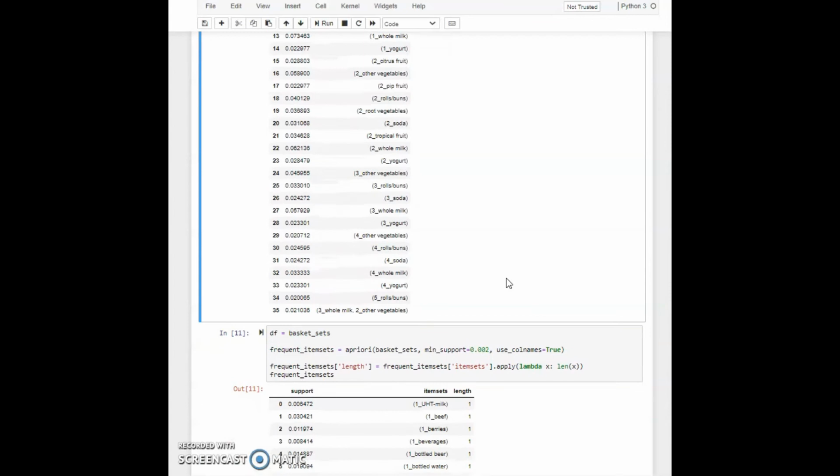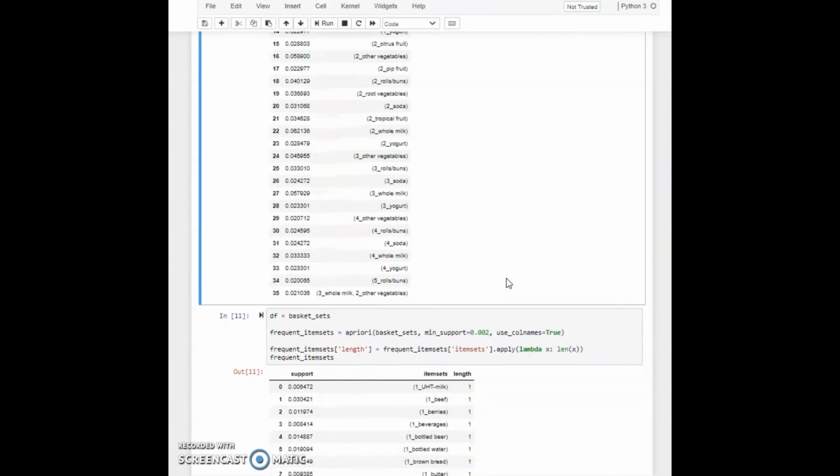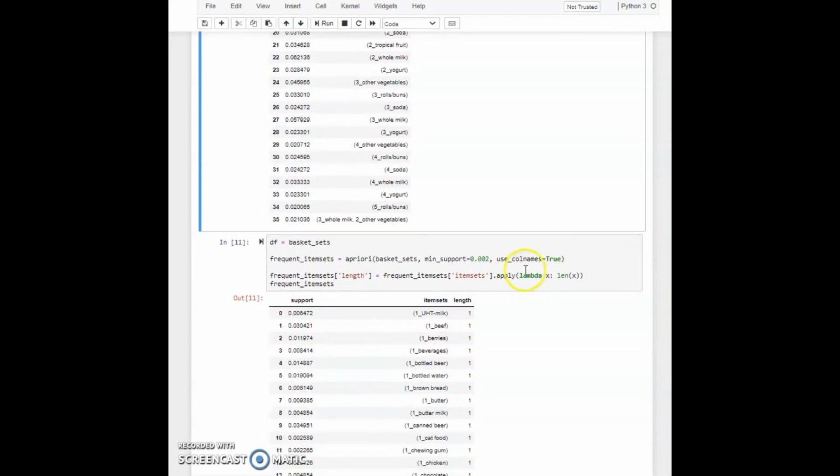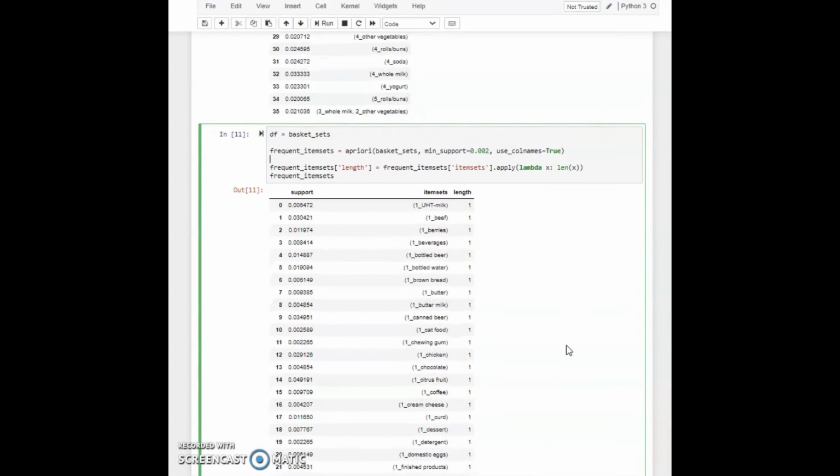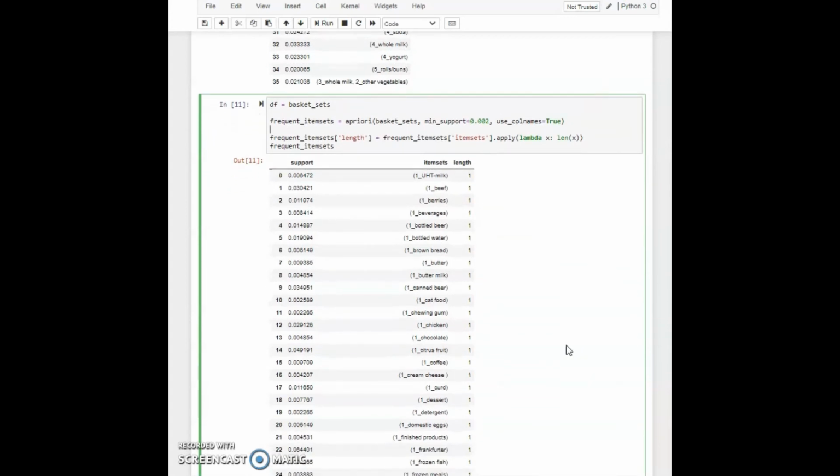When we decrease support, we should be opening up our list so that we can explore more popular combinations of items. So in cell 11, we'll create a new data frame called df, and we'll set it equal to our basket sets, and this time we are going to set support equal to 0.002, and then I'll call this output frequent item sets.